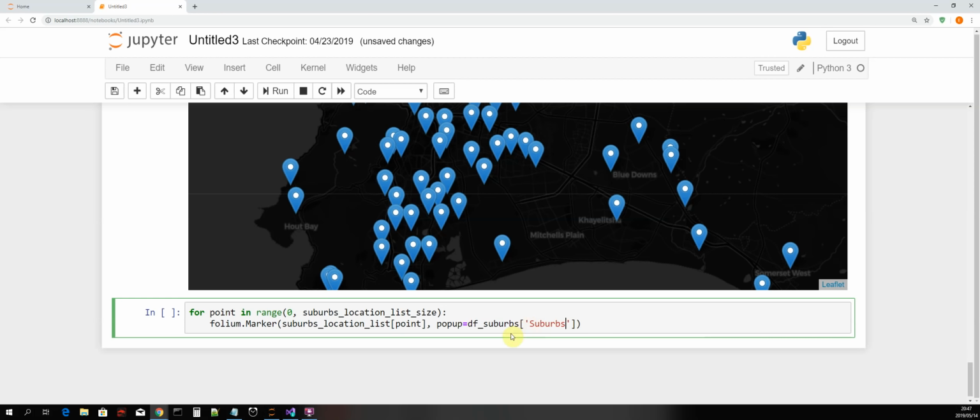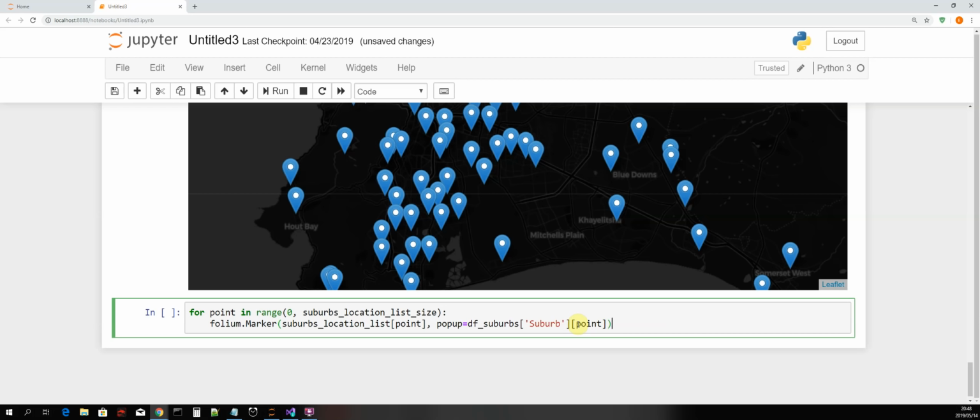So this is going to use the suburbs field in our df suburbs data frame, which will contain the name of the suburb. So it's suburb, and then the value will be the point, right, which is the GPS coordinates for that suburb name. So it's point,